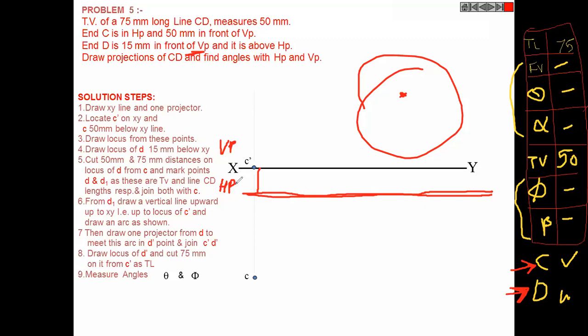What is the next? What other better information is with you? Everything is in front of you, just think. What better information is available next? Top view, sir. No, not top view, true length. Fine. So now we will put the compass here and mark an arc here. That will give us the CD point, and that will be 75. Am I correct or not?